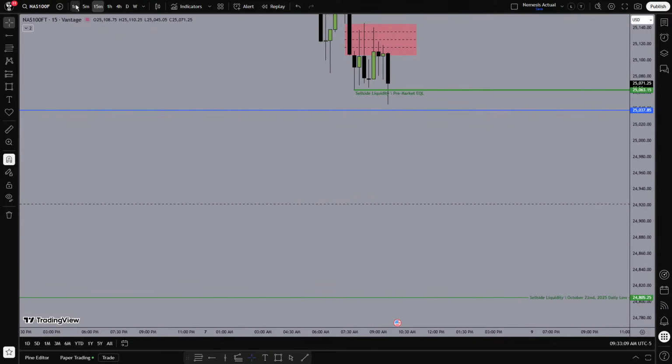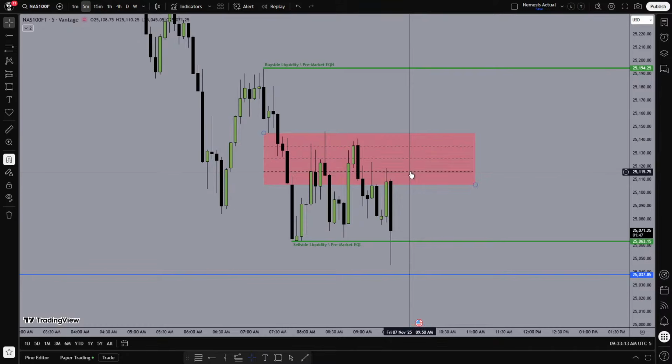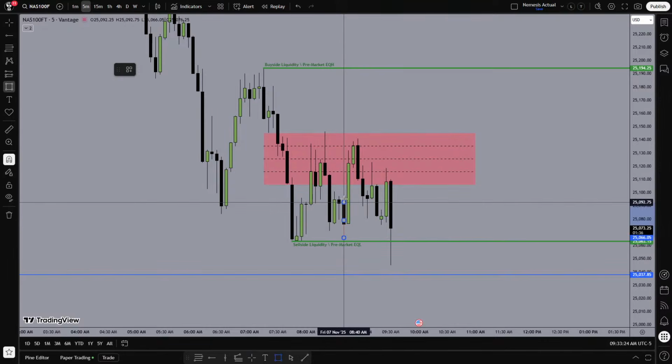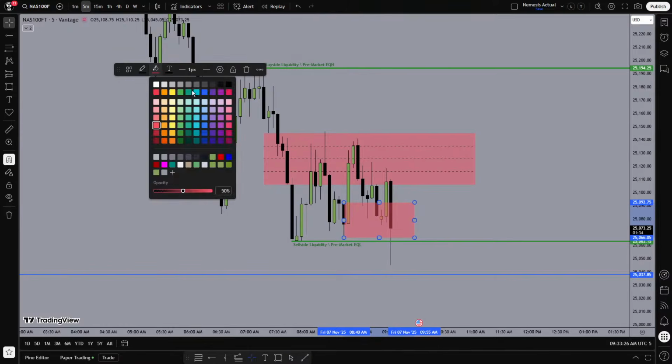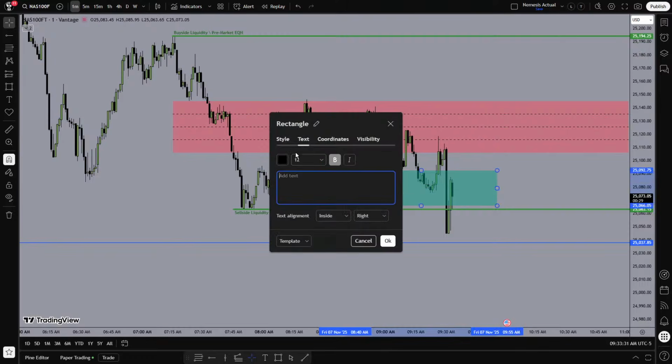range right over here. 5 minute, same as 15, nothing too crazy. Although we did make a body higher high. So I'll annotate this breaker too. It's a little bit more lipstick than I would want, but